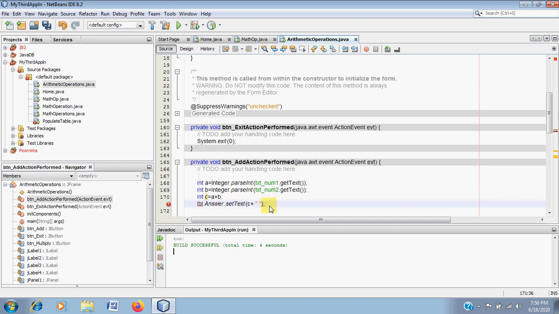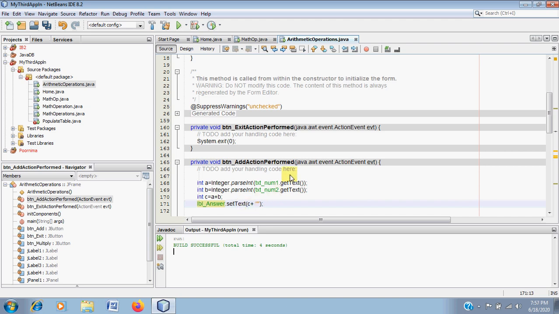So when you concatenate, if this doesn't work, lbl_answer.setText(c plus open-close quotations) here. If you do that, it will convert this c also into string, because when an integer is concatenated with a string, automatically it will be displayed as string.